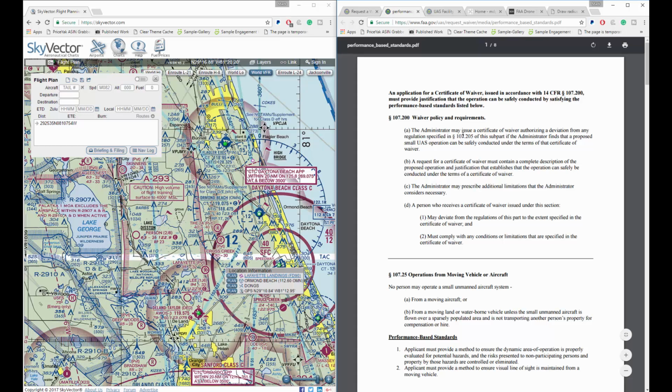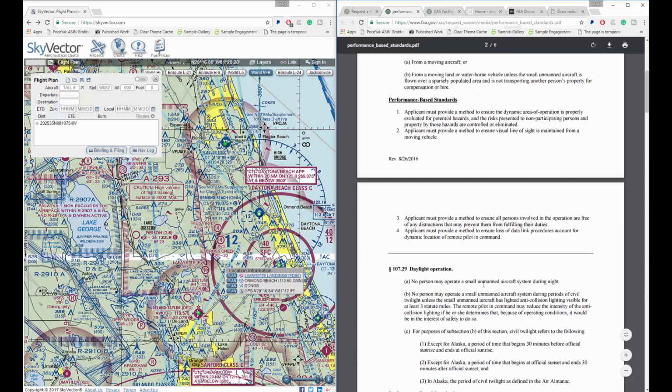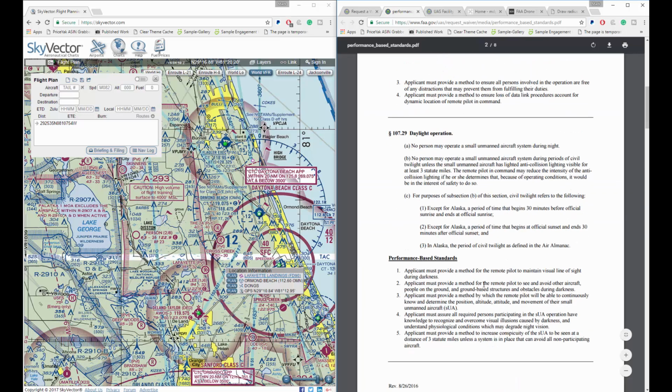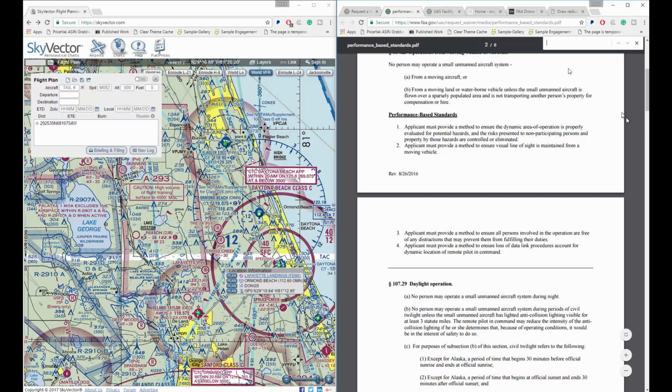Performance-based standards. This is all of the rules essentially that you need to apply for when you're filling this out. Waiver and policy requirements. It tells you what you need to do in here, but what I'm doing is summarizing it for you so that you can get your best ability to get something approved. I want to search something safe. This is one of the things that you need to put in there. Safely conducted, and then we're going to jump back over and look at my Word document here